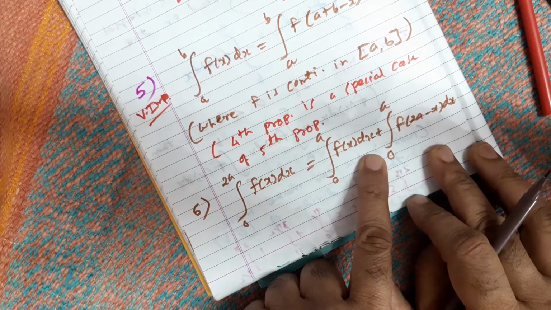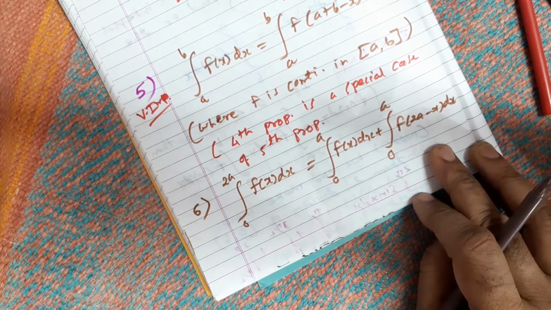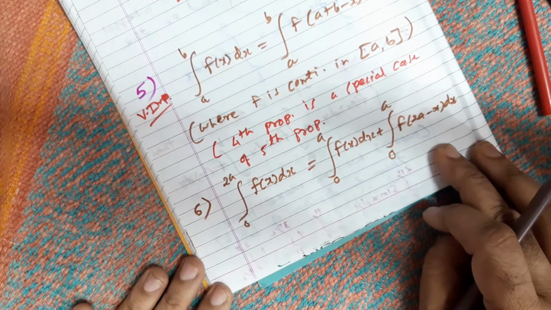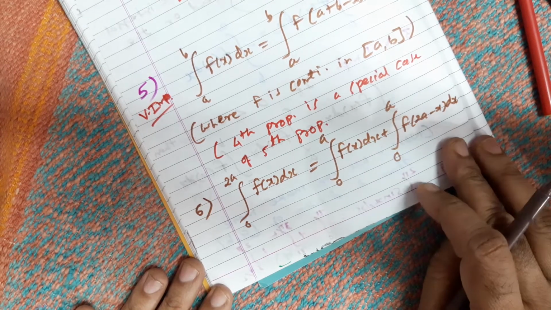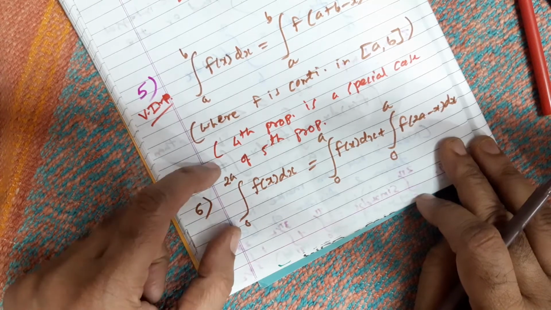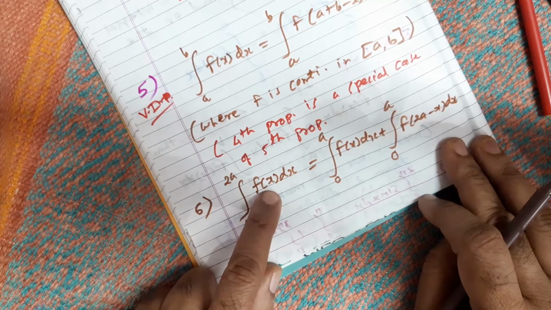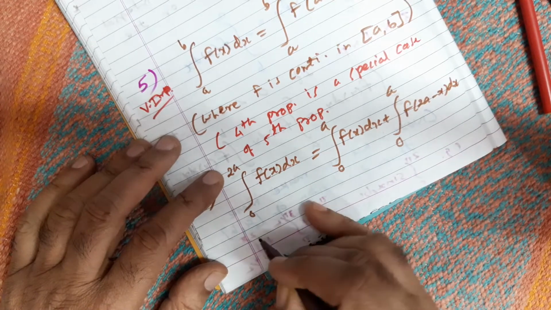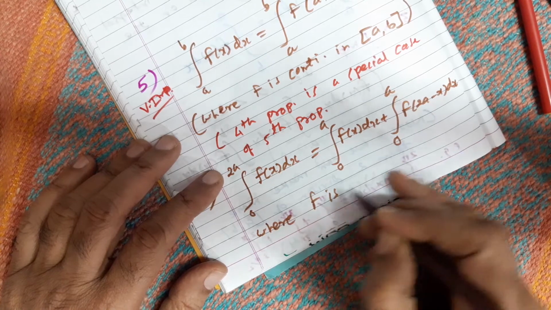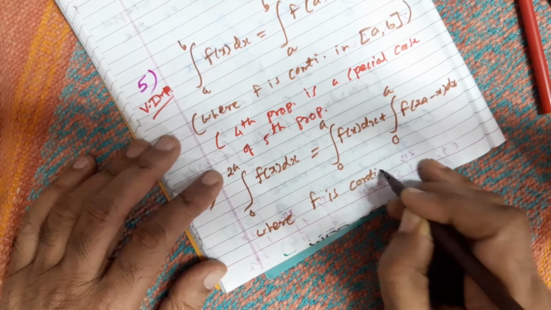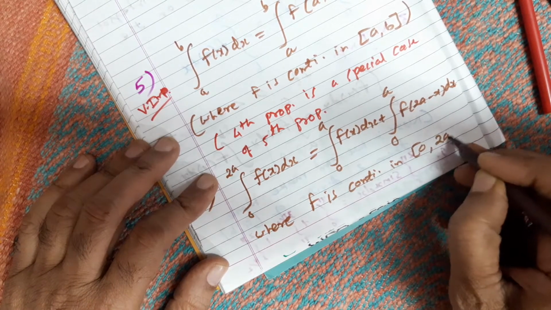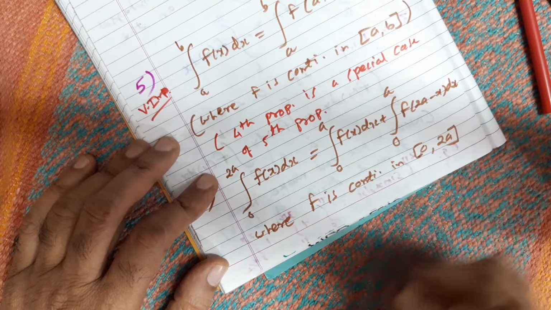In the earlier state board textbook, when the theory portion was asked in the exam, all these proofs were very, very important proofs to be asked in the exam. But right now, you just have to remember it. Okay. So see, 0 to 2a, again you have to say here also that the function f is continuous in the closed interval 0 to 2a, which is not given in the textbook. Okay, like this.